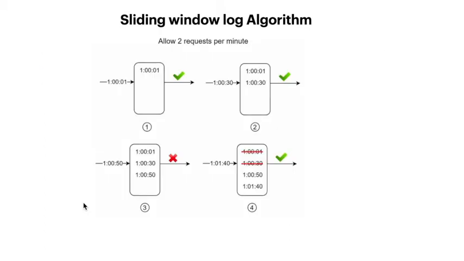If you see in this example, we have a scenario of 2 requests per minute. So what we are doing is storing the timestamp of your request. Whenever a request comes, we will store the timestamp of your request in our log file or somewhere, or you can keep it in Redis also. So at the initial condition, when we get the request at the first second, that request will be processed because you are allowing 2 requests per minute.